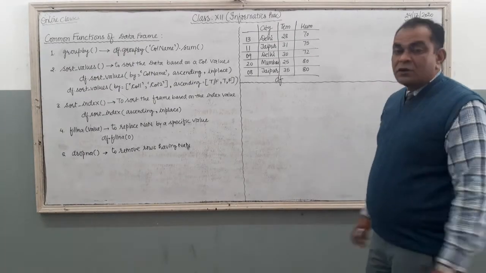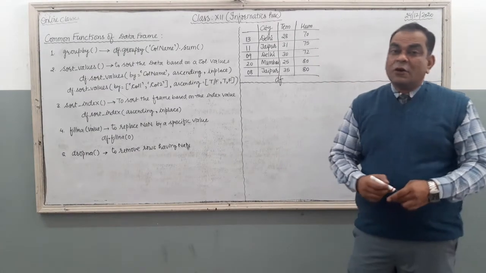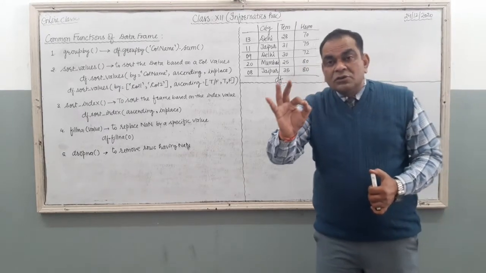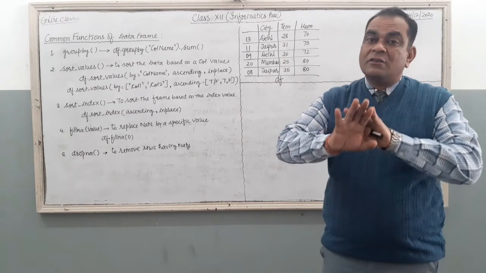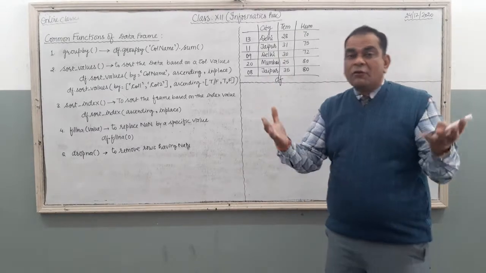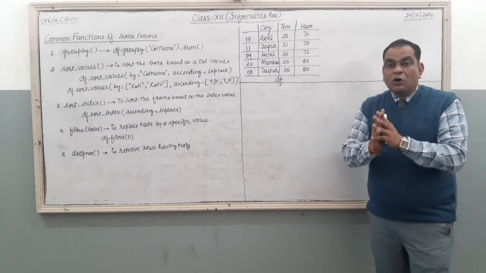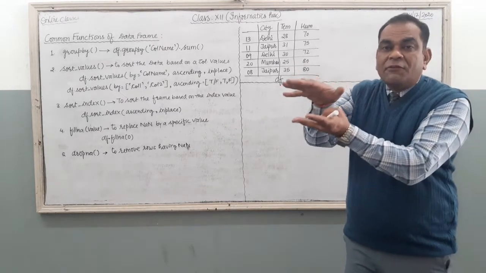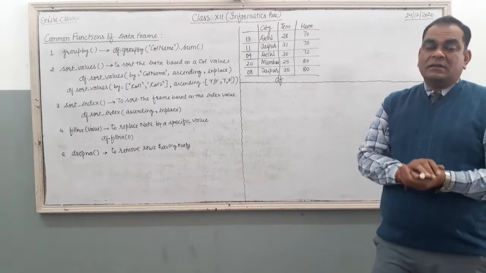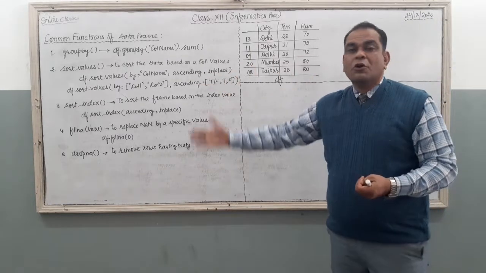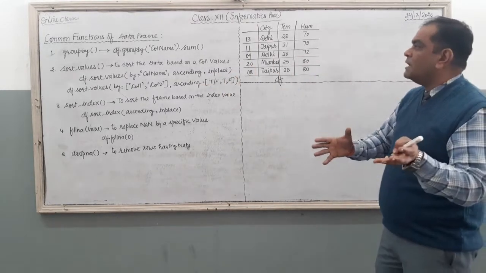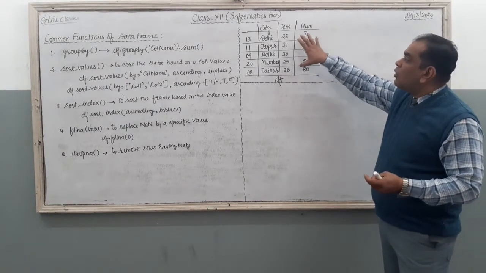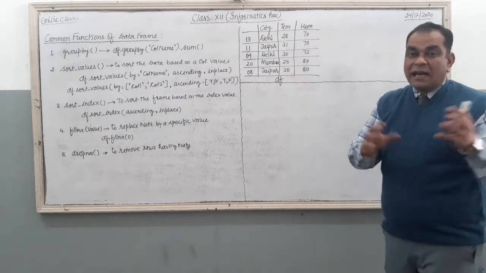So we are going to start with the very first function, that is group by. The group by command is also there in MySQL, and we understood the command properly. What is the meaning of group by command? If you want to split the table into different sub tables, then you just use group by. What will happen if you apply the group by command on this particular data frame? What is the reaction of this command?